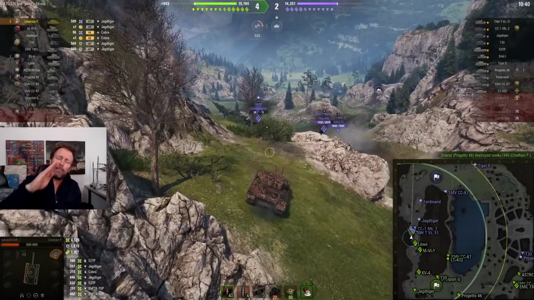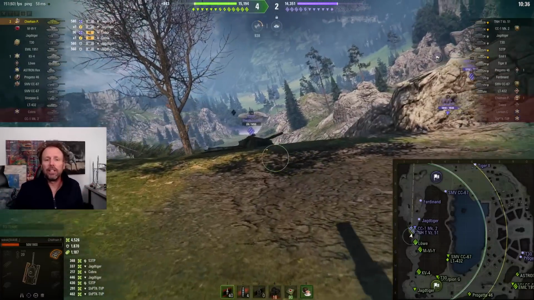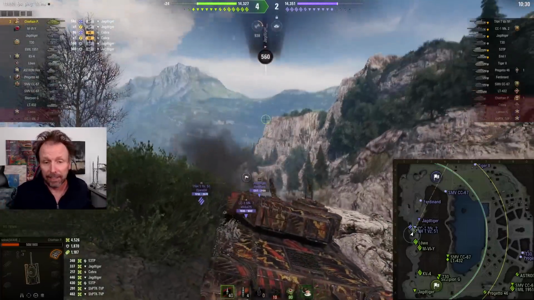So when you drive up there, you don't have the gun depression. It's not gentle enough for you to use your gun depression easily. You poke too far, they shoot your hull. Or if you really suck...